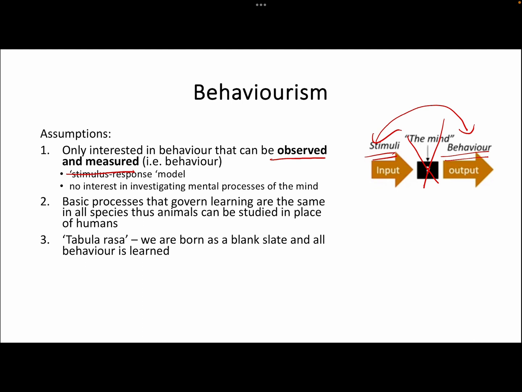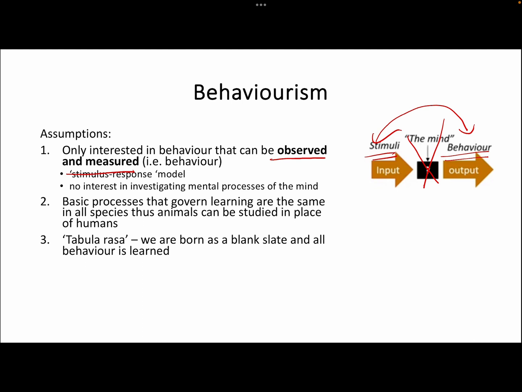They proposed the idea of basic learning processes. So they think that learning in animals as well as humans is based on very, very simple stimulus response relationships. And they considered that the processes of conditioning can be seen in both animals and humans. So they favoured the study of animals over humans. They did lots of studies using rats and pigeons and dogs and monkeys to investigate behaviour and then apply